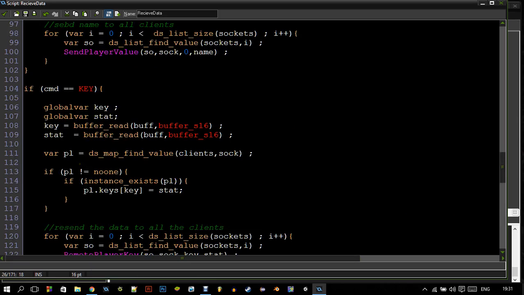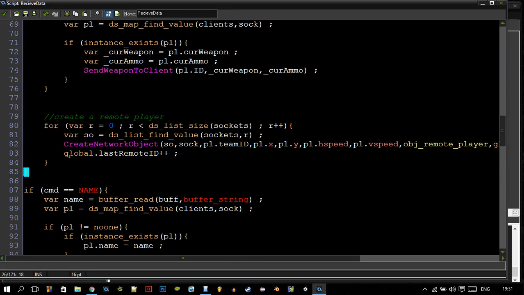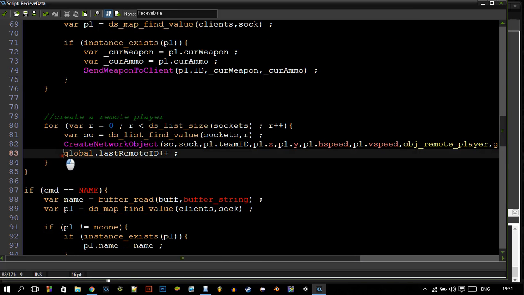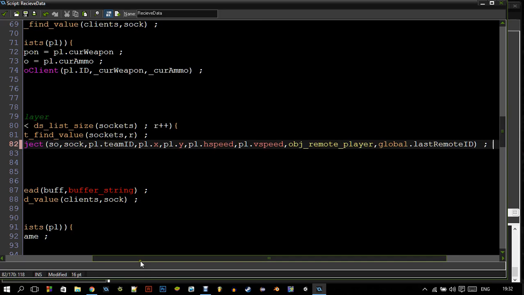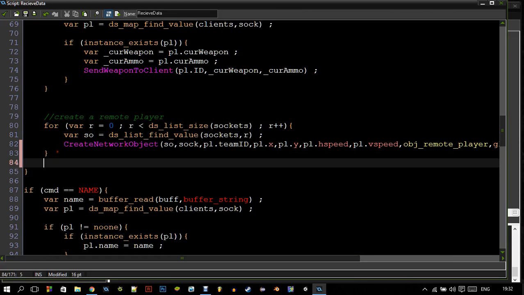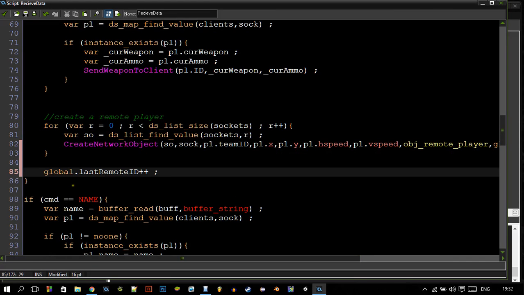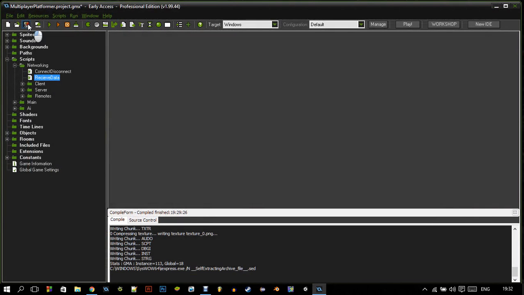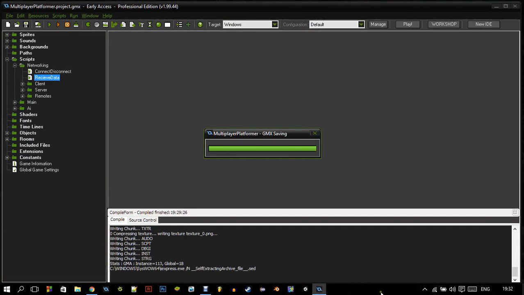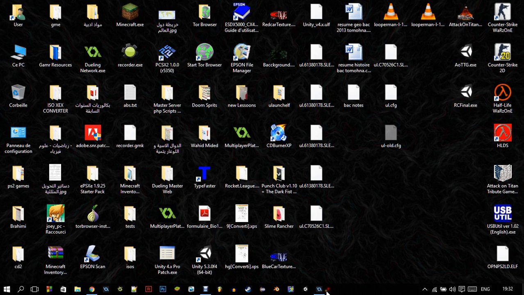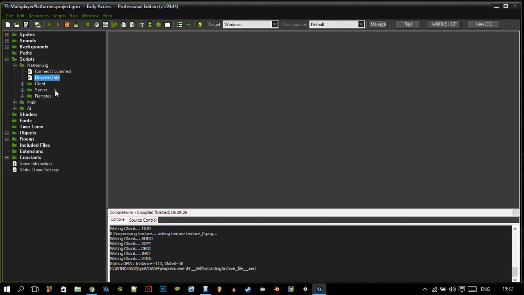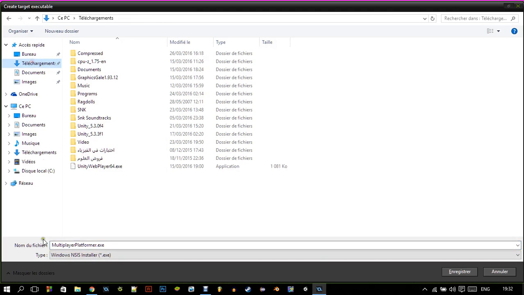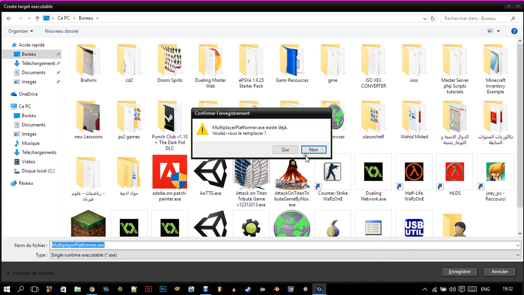Where is the end of this script? Well, I'm really sorry guys. This should be executed here. Yeah, it should be here actually. Let me just make sure that since we made the create network object script, you can start creating other objects that need to be created,